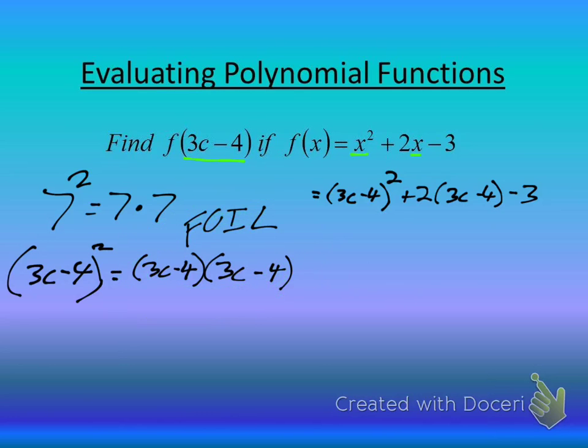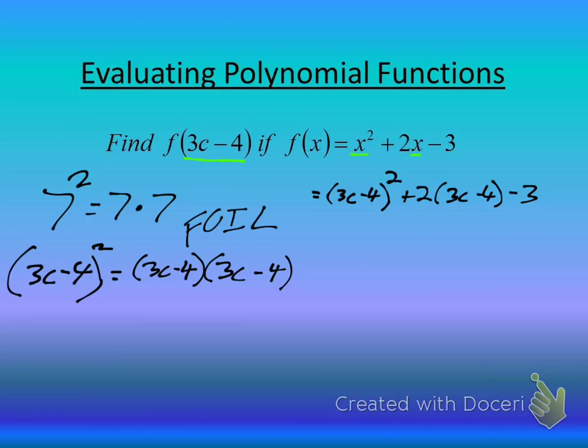You have to FOIL a squared binomial. Have to, okay? Because it's 3c minus 4 times itself, so you FOIL it, all right? Everybody gets that at first wrong. And you're going to be close, okay? If you don't FOIL it and you just put 9c squared plus 16, you got